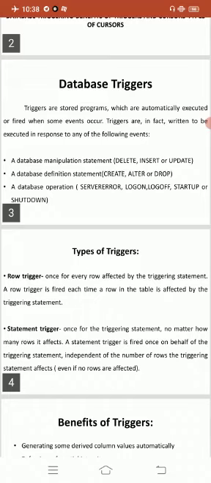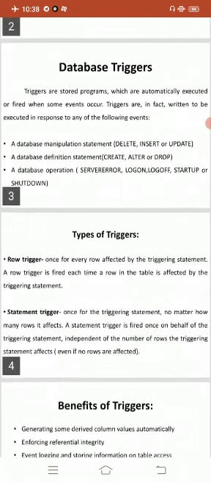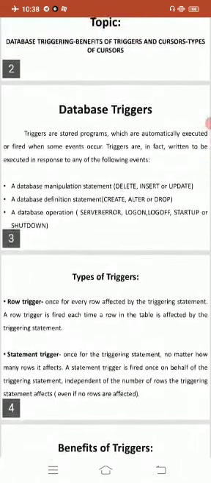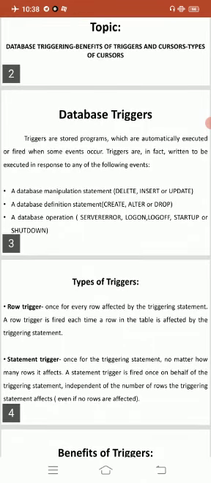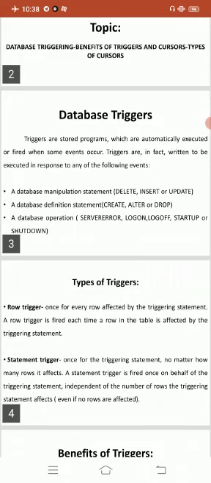Definition of procedures that are implicitly executed when an insert, update or delete is issued against a table from SQL*Plus or through an application are called database triggers.